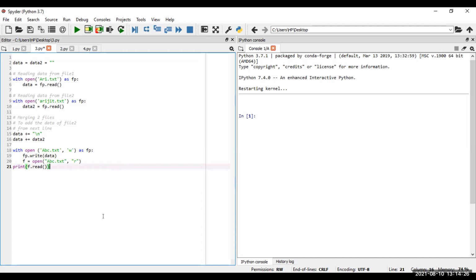Okay, so Sir, what is the meaning of that line? Data equal to data 2 equal to null string. The first equal to means it is a variable where we are actually copying the data. Data is my initial variable, and data 2 is another variable that has been mentioned, with a null string. So that data will be considered as holding the value of data 2, that is mentioned here.